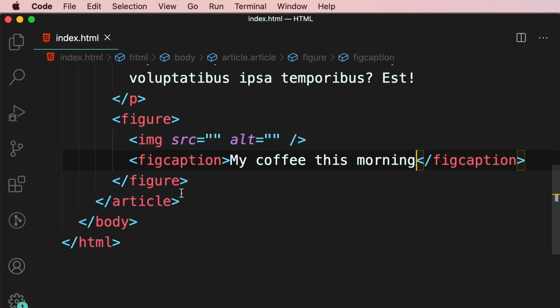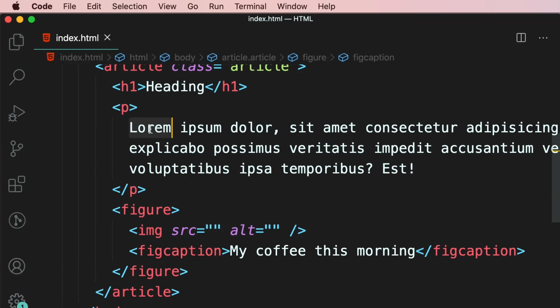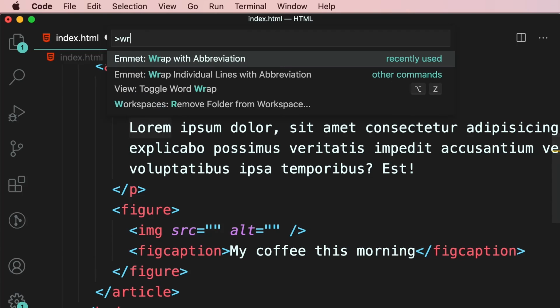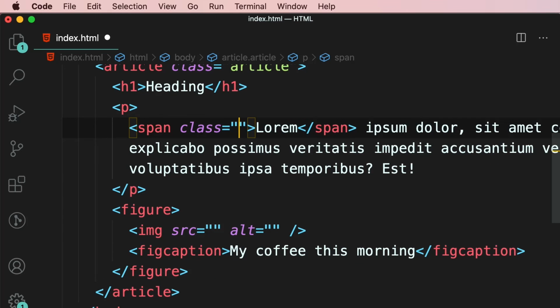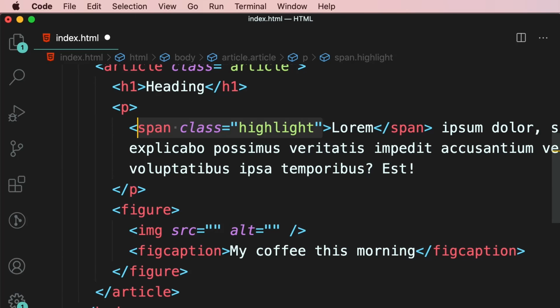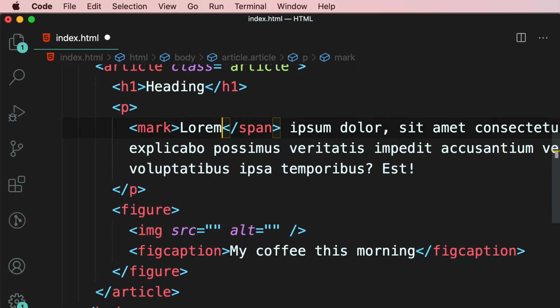Now, sometimes we want to highlight our text. In the last lesson, I told you how to do this using the span element. So let's say we want to highlight this lorem. We wrap it inside a span, and then give that span a class like highlight. That's one way to do this. But in HTML5, we have a semantic element for this very reason. That is the mark element. So if you wrap this inside a mark element,